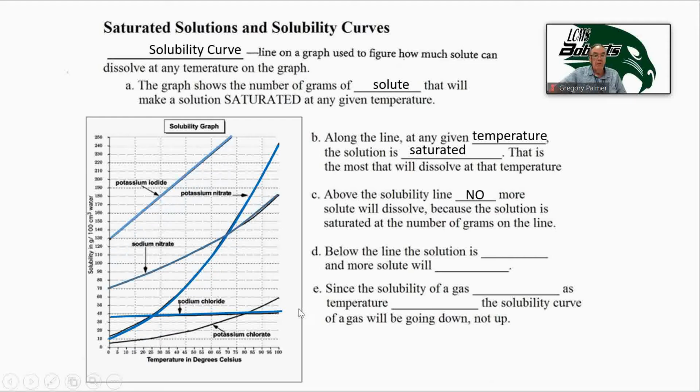How many grams will be saturated? Above the line, no more solute will dissolve because the solution is saturated at that number of grams on the line. Below the line, the solution is unsaturated and more will dissolve. For example, I highlighted underneath this potassium iodide line. If we look right here, 180 grams will dissolve when the water is 30 degrees, below this line,